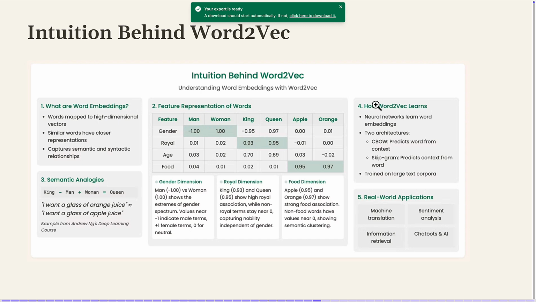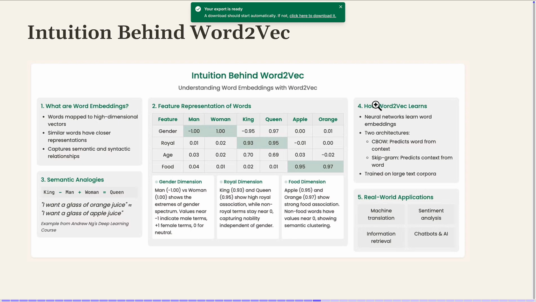So imagine that you have a corpus like this: man, woman, king, queen, apple, and orange. The intuition is that we consider this our latent space, or our features. Of course, in reality, we don't know what these features are, but this is just to make a representation. And here, we're going to assign different values. For example, for the gender feature, I consider 1 for woman and -1 for man. So coming to the king,